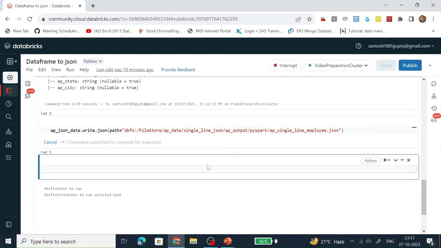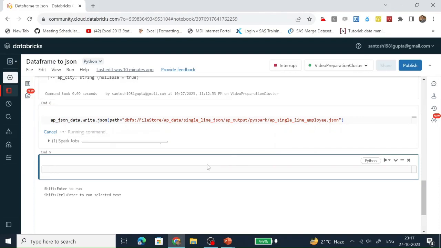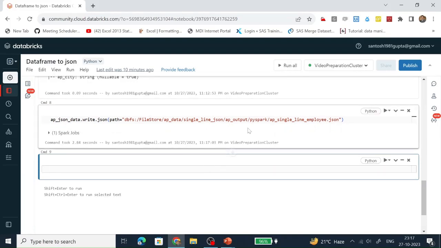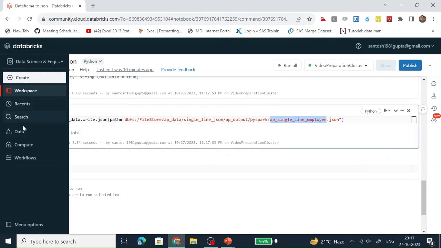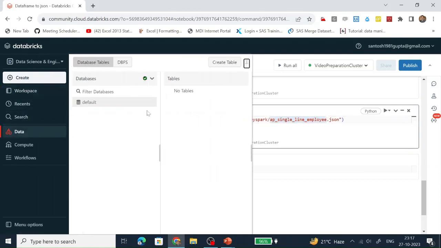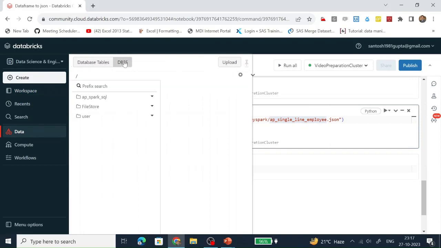Let's run it. File has been created successfully. Let's see in the data tab whether the file has been created or not.